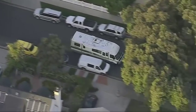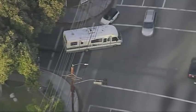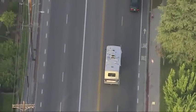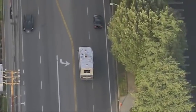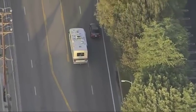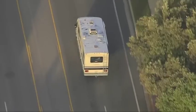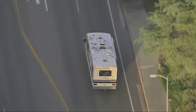Tried to pull the suspect over, but he took off. Oh, right here, close call with that car. Just barely missed hitting that Mini Cooper as he turned here onto Plummer from Oakdale. We're hearing that it is just one occupant in the car, a male with a ponytail, and we are also